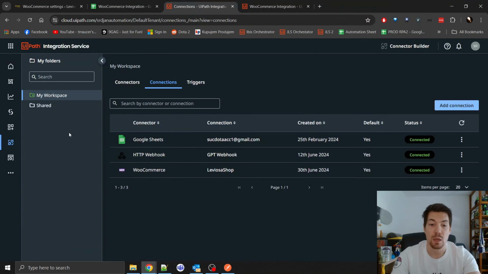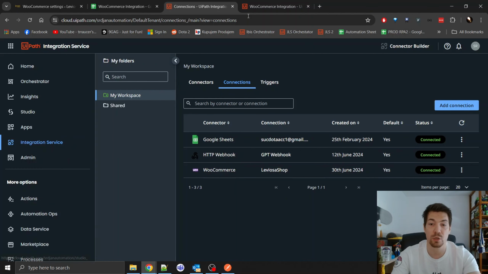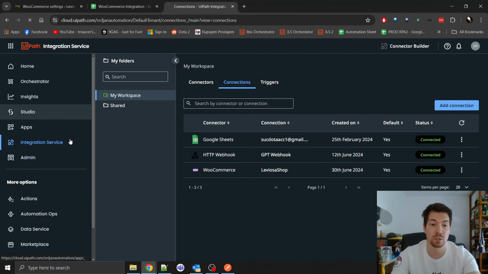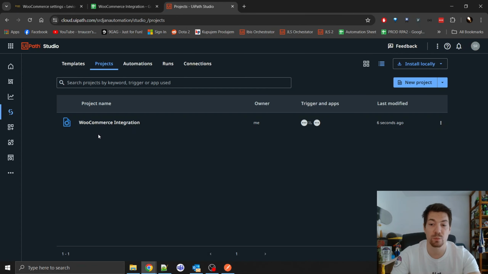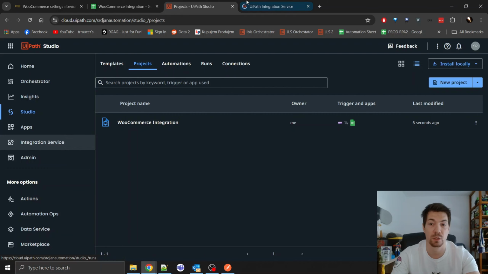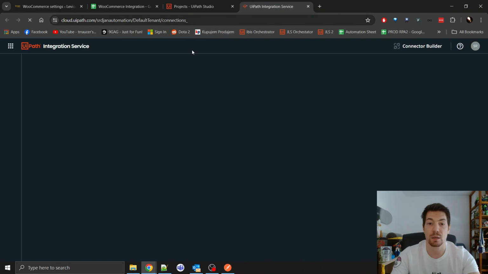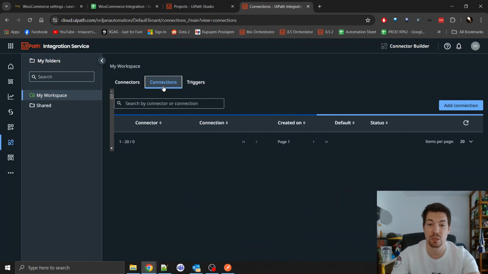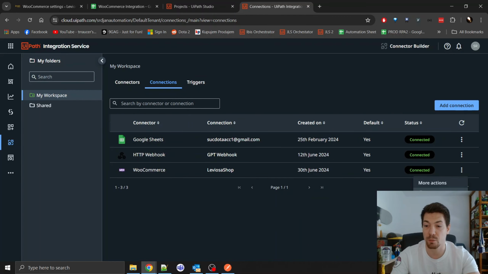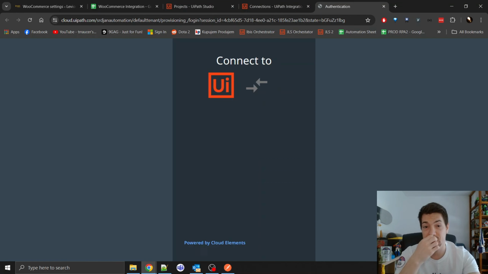It is pretty simple. Now that we have this connection, we would go to UiPath, we would go to Studio, and we would launch UiPath Studio Web. With this tool, we can create a trigger-based automation that will run each time that we receive an order. So we can create a polling mechanism if we go back to Integration Service. For each of the connectors or connections that we create, we can modify the polling mechanism. So if we go to edit connections,